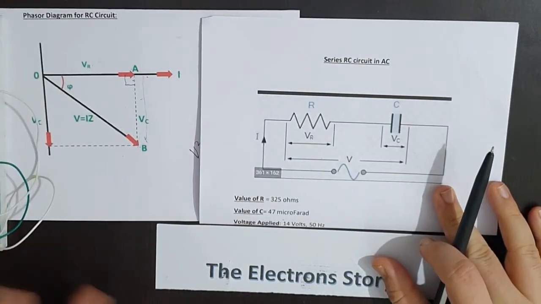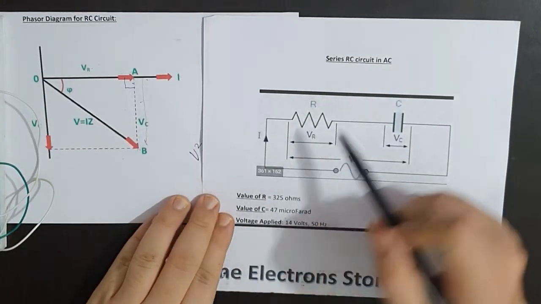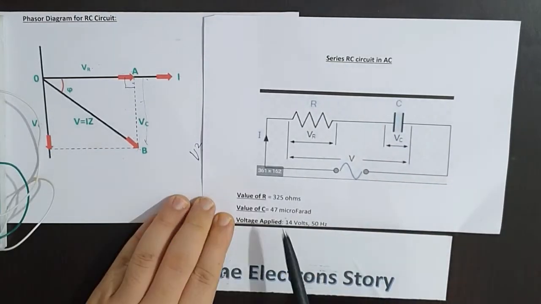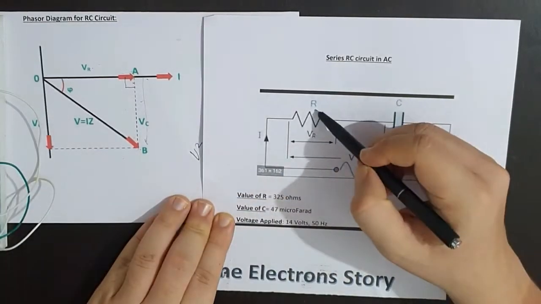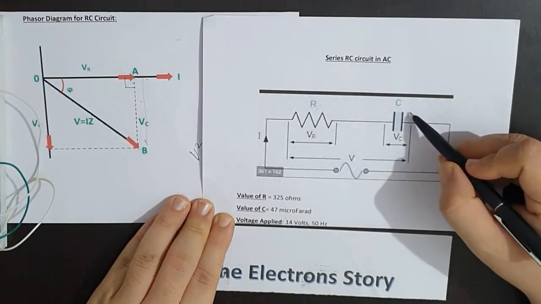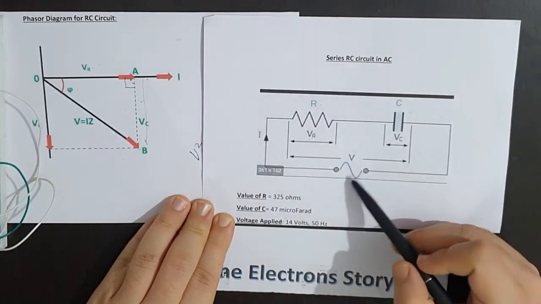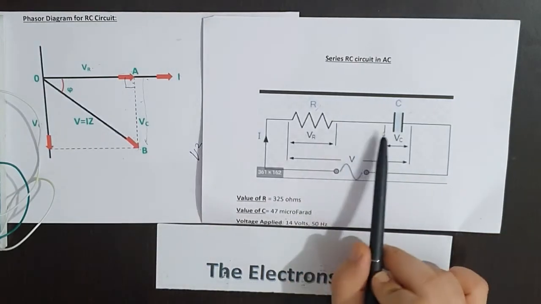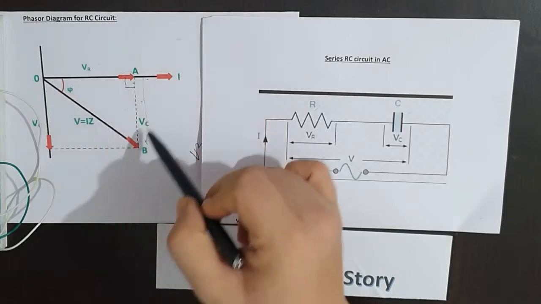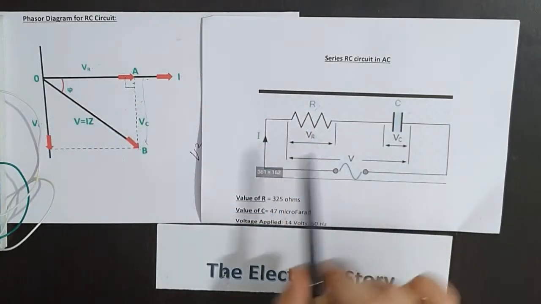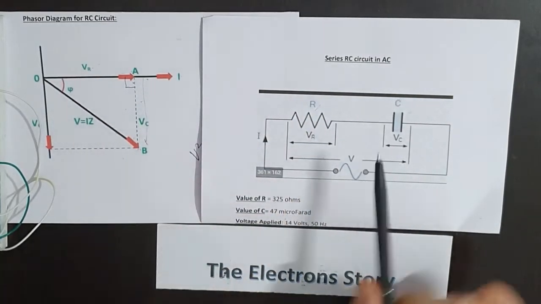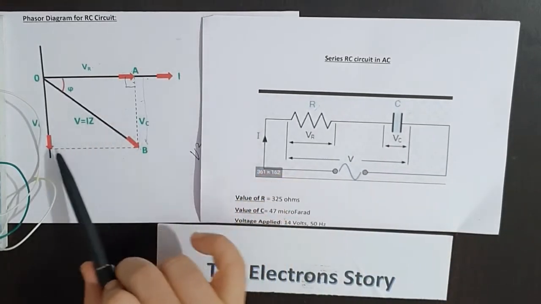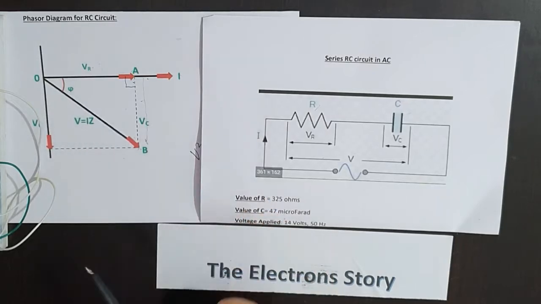So if you see now, the resistor is there and the capacitor is there, which is also mentioned here. The resistor is 325 ohm and you have a capacitor of 47 microfarad, and the voltage we are applying is 14 volt. As you know, whenever you have an RC component, the effective part I have calculated here, and you have an R component where current and voltage are in phase, whereas in the capacitor component, current leads the voltage by 90 degrees, and we have found the effective voltage.